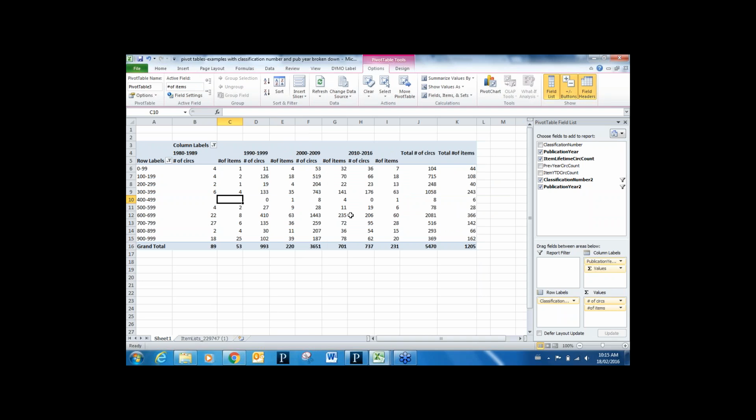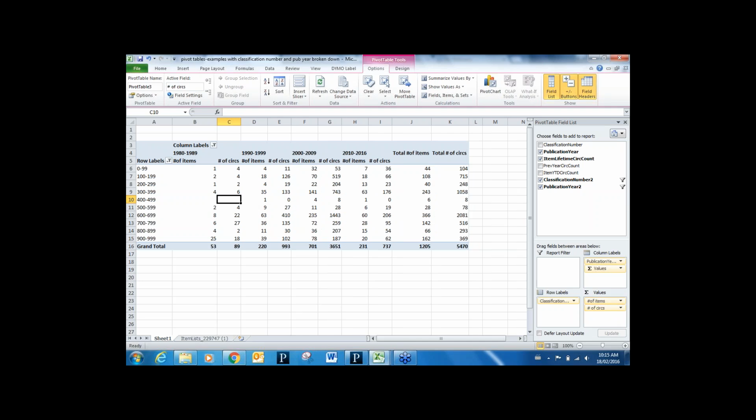And so then we have a really nice report. We can see it broken down by the Dewey numbers. We can see it broken down by the pub years. And then within each pub year range we also have the number of circs and the number of items. And if you wanted to switch it around, you can just move items up and then circs down. So you just drag to organize how you want to see it in your